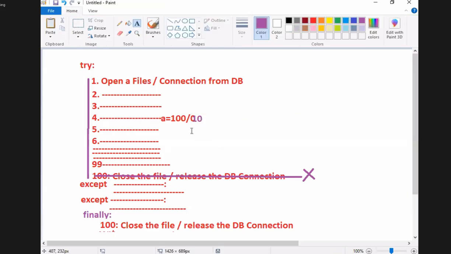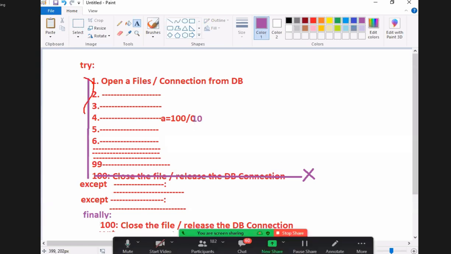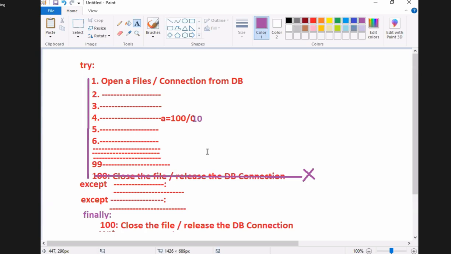Now you say this is called what? 10. This is called 10. 100 by 10. Start the flow. 1, 2, 3, 4 up to 99. No errors. It is executed successfully or not? Where is it coming out next? The else block is going to come or not? Assume that the else block is there or not, that we least bother. It is straightforward coming to which block? And in the finally block, what did I write? Closing the file. So you tell me, which is the better place to write my closing the file statements?